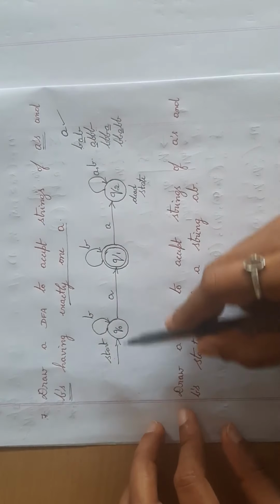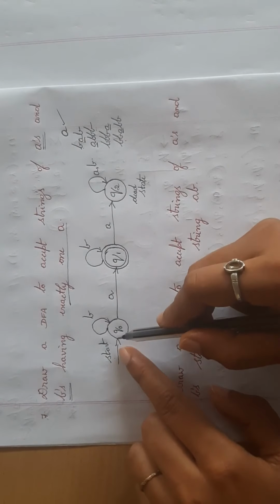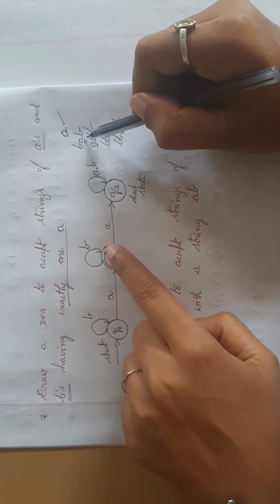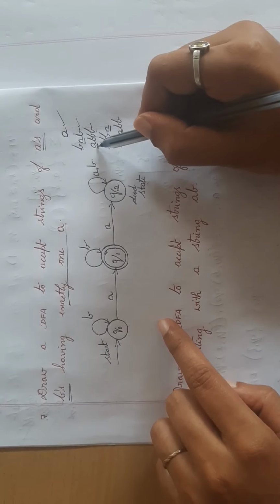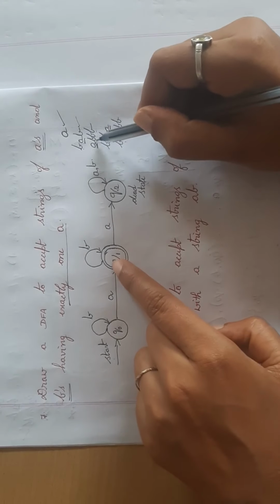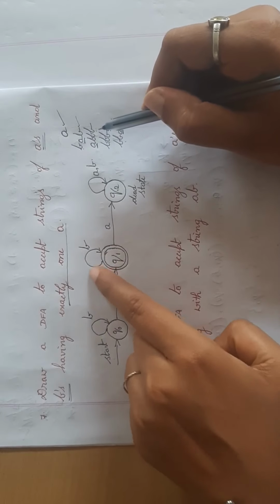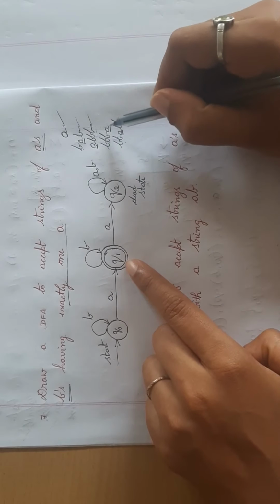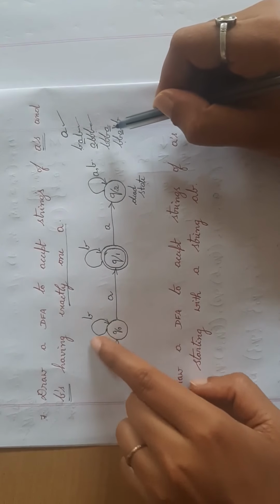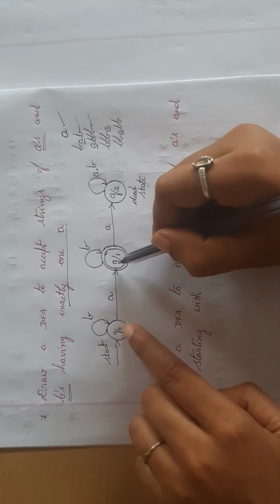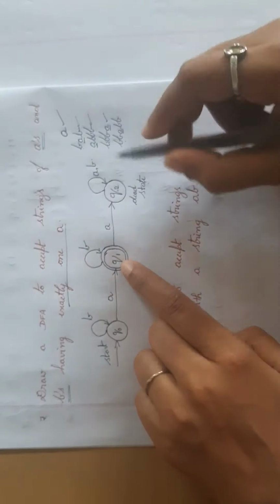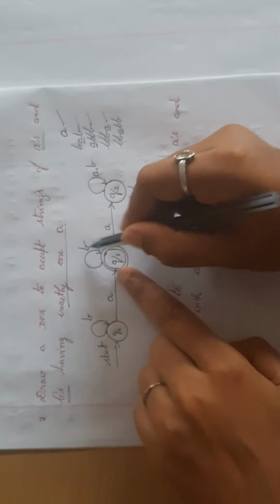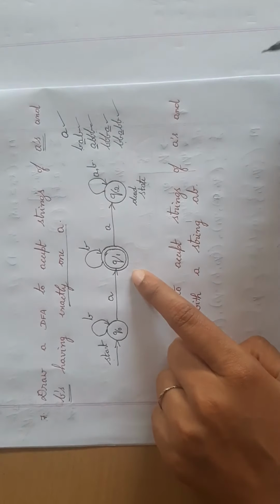Now we shall check whether the condition is satisfied or not. From Q0, I have B, A and then B. This is done. Next A, then 3 B's, B, B, B, and it is a final state. This is done. Next I'll consider B, B, B, A. I can have B, B, B and then A, then it goes to the final state. Next B, B, A, B, B, B, B, A, B, B. Likewise, you can check for all the possibilities.